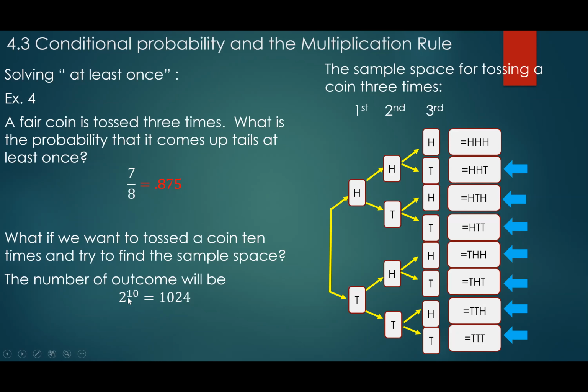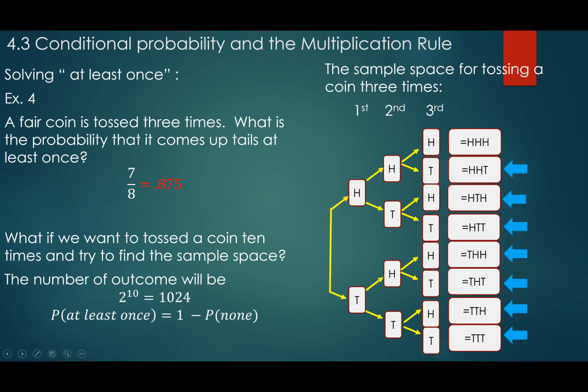This one here, 2 raised to the 10 power, that's 10,000. I'm not 10,000, sorry, 1,024 different outcomes in the sample space. It will take forever to construct this tree diagram. So looking at this, ladies and gentlemen, this is the